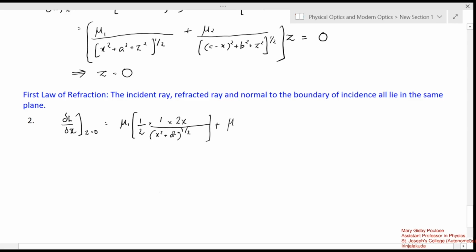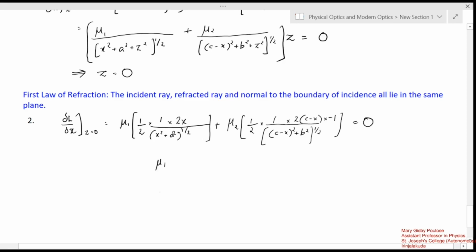plus μ2 into 1/2 into 1 divided by ((c − x)² + b²)^(1/2) into 2 times (c − x) into −1, right? That is from c − x that we get −1. According to Fermat's principle, this derivative should be equal to 0, right? Here 2 and 2 cancel out in both terms. We get